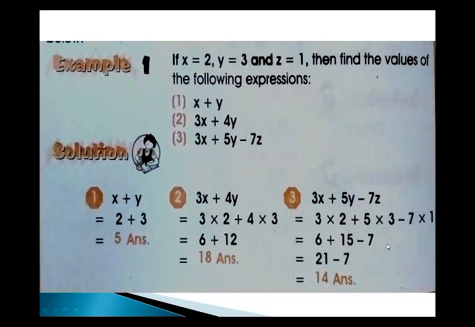Okay, so after solving the multiplication operation, you have two operations remaining, which are addition and subtraction. If you have addition and subtraction, you firstly solve the addition operation, then the subtraction operation. So firstly you add these two numbers, 15 and 6. 15 plus 6 is equal to 21, then minus sign, then 7.